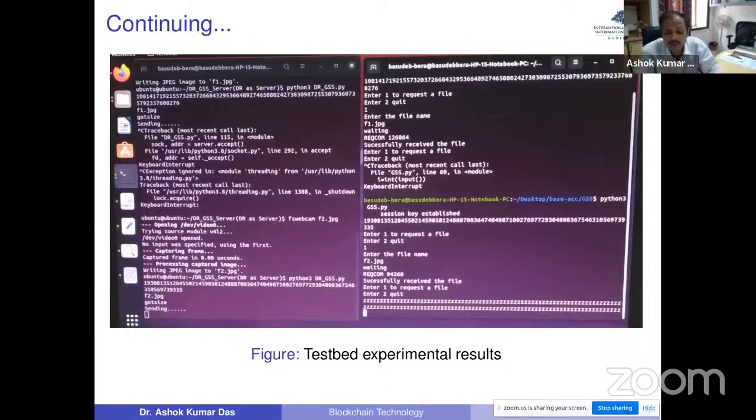So this is very interesting work: not only have we done theoretical work, we did the blockchain simulations and we have done the test bed. Though it is not scalable, in future we want to do scalability with, say, 20 drones at a time. So it is a significant contribution in this work. Okay.